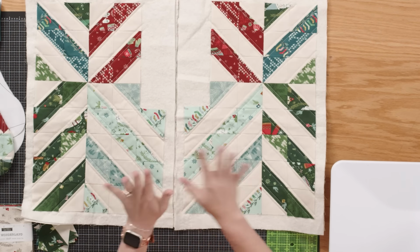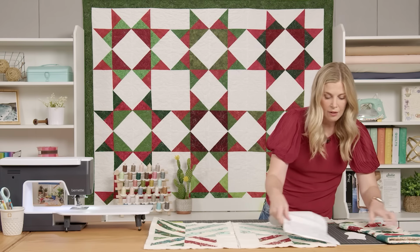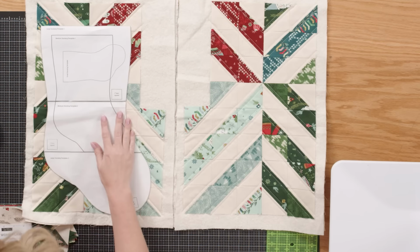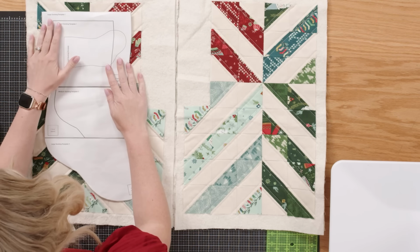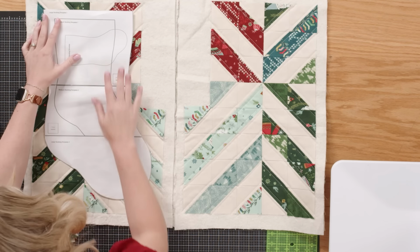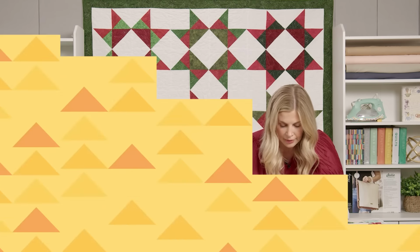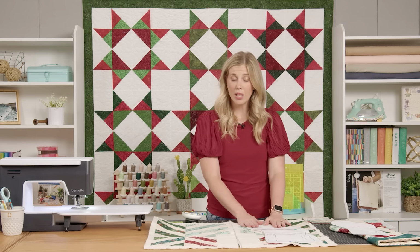And so then now, once you have all of this complete, you are going to want to print out your template from the pattern, and here are the 3 sizes. You can see we're of course using this large one, and so I like to just kind of find a point that makes sense so that I can keep it as balanced as possible. And then I am going to put some pins here to pin this in place. All right, and so now I have that all pinned in place,